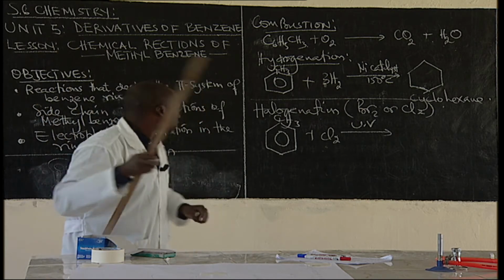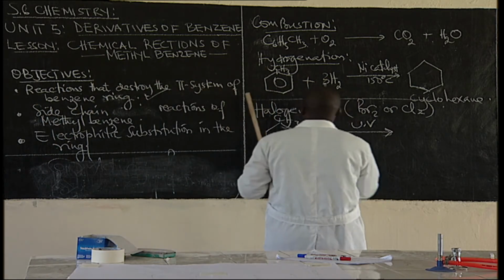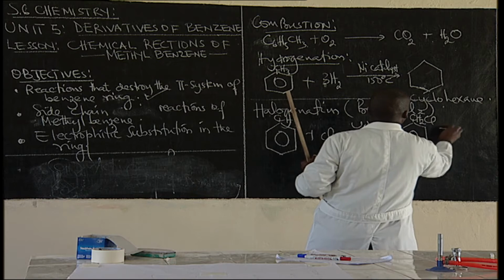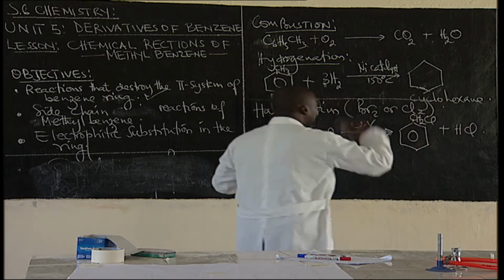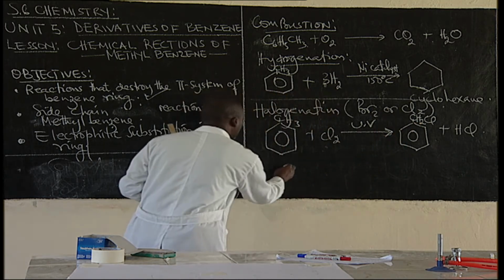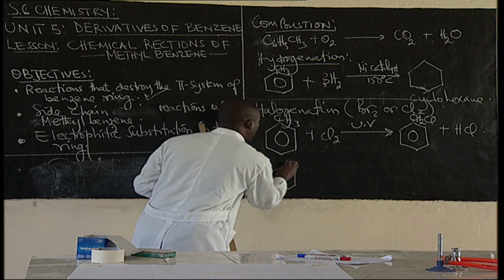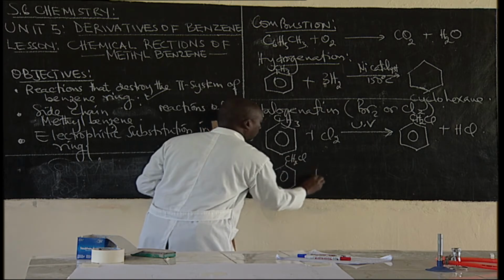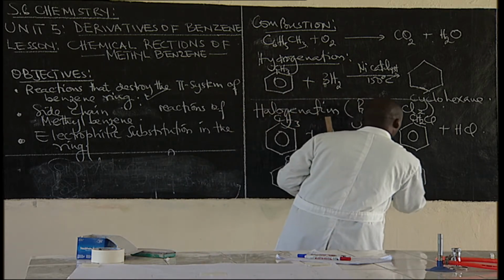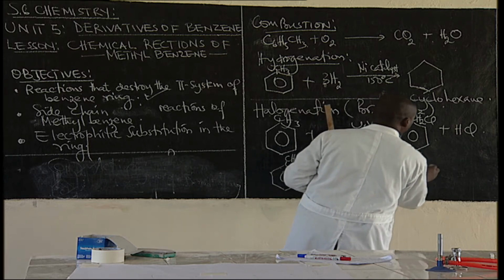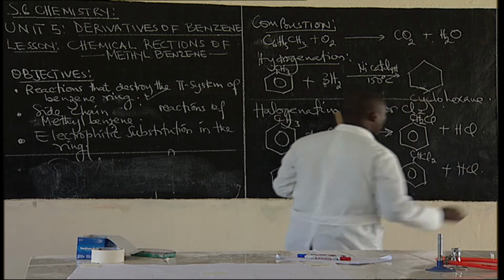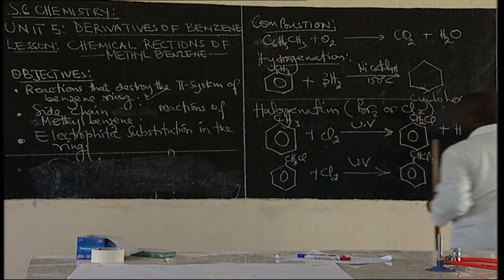Free radical substitution reaction. So this is what happens. Now, chlorine plus hydrogen chloride. The reaction continuously takes place until all the hydrogens are substituted. So this will be CH2Cl plus the chlorine molecule in the presence of UV. So you'll have CH2Cl2 plus hydrogen chloride. And then finally, you will have